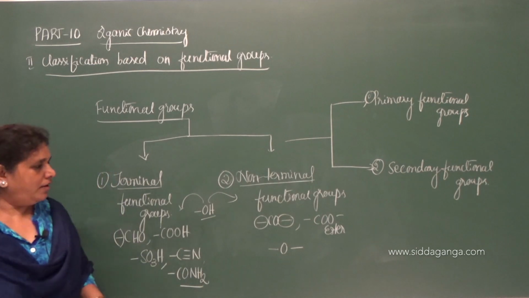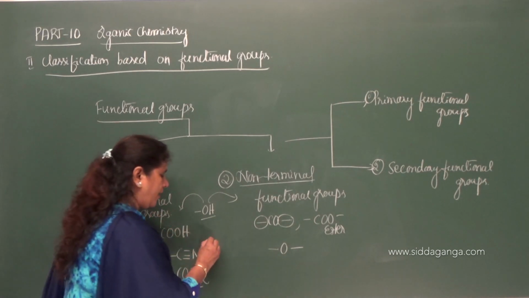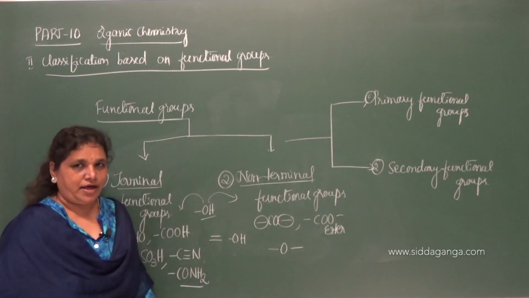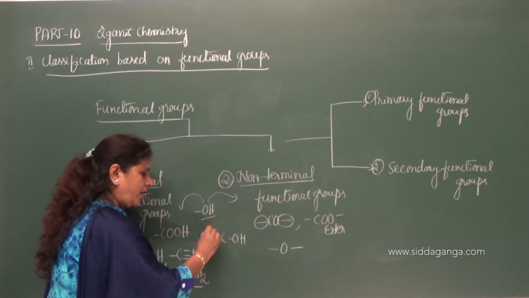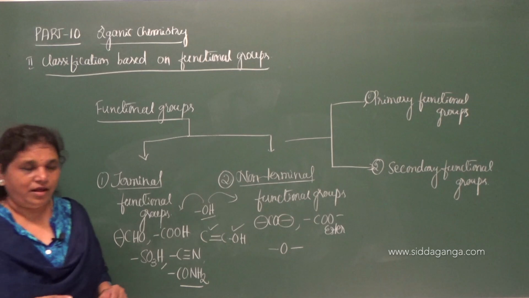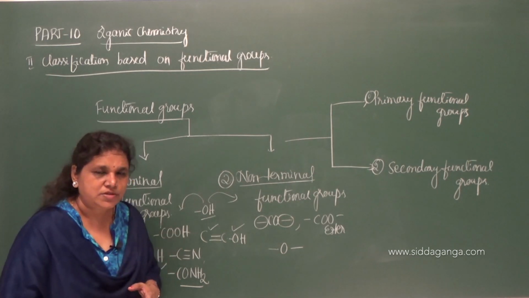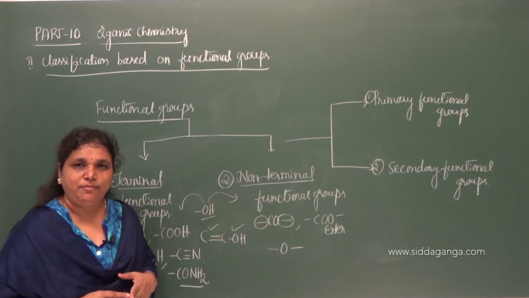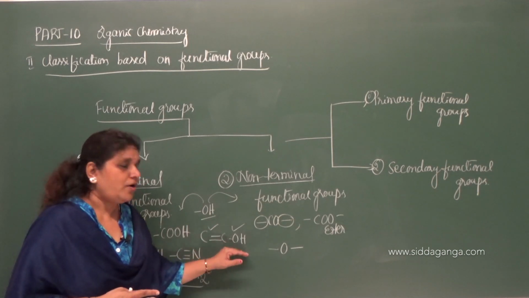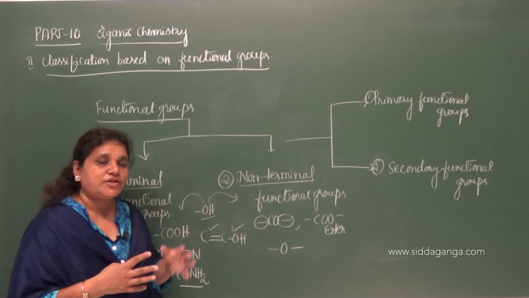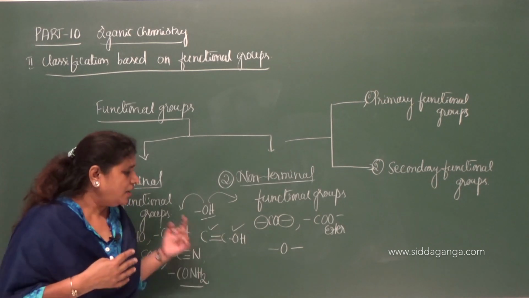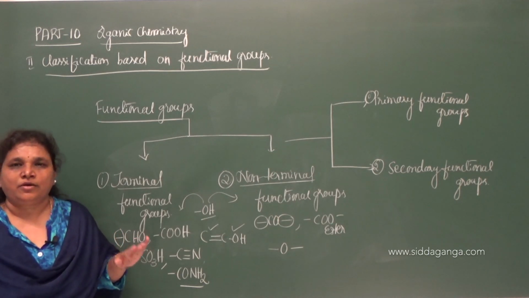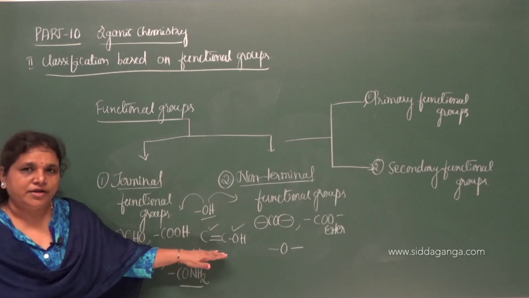For example, if a given organic compound contains both a carbon to carbon double bond and an OH group, then the properties of such compounds mainly depend on the OH group rather than the carbon to carbon double bond. So thereby we are giving importance to the OH group because it actually determines the properties. No doubt, the carbon to carbon double bond also determines the properties of that particular organic compound. So, understood this concept?